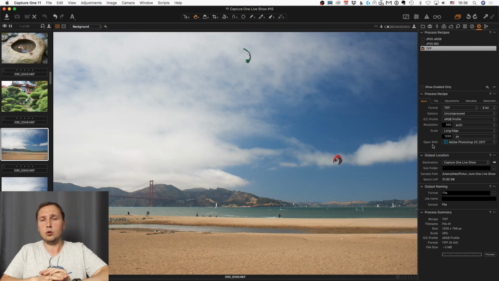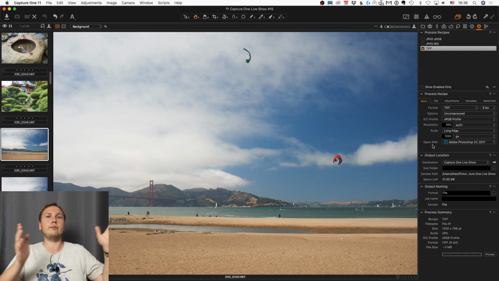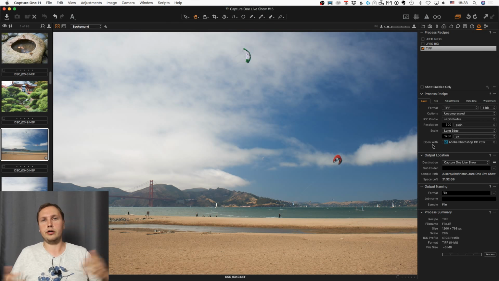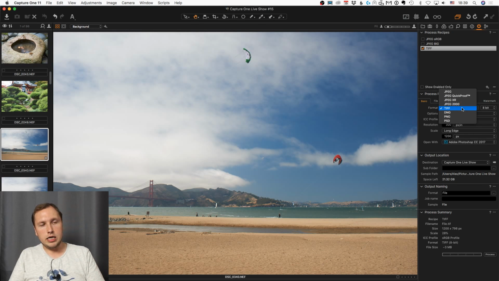Like without any additional actions like importing into your catalog or importing into your session or anything else. Just like you're exporting your file to some folder you have chosen, and also you're opening this file in Photoshop. But this method has some features, if you will. And now we're going to Alex's question about TIF format and PSD format and the difference